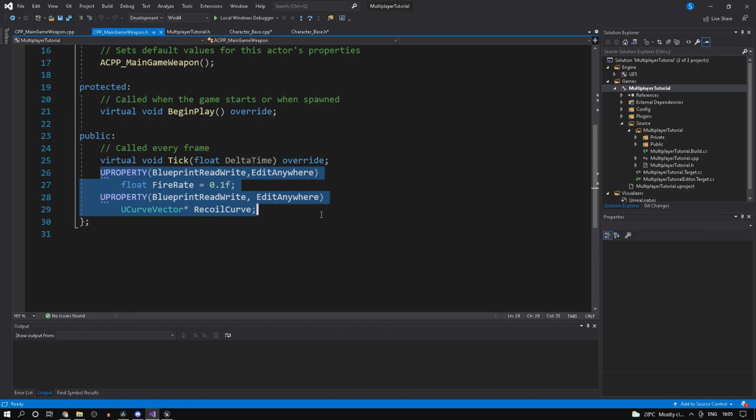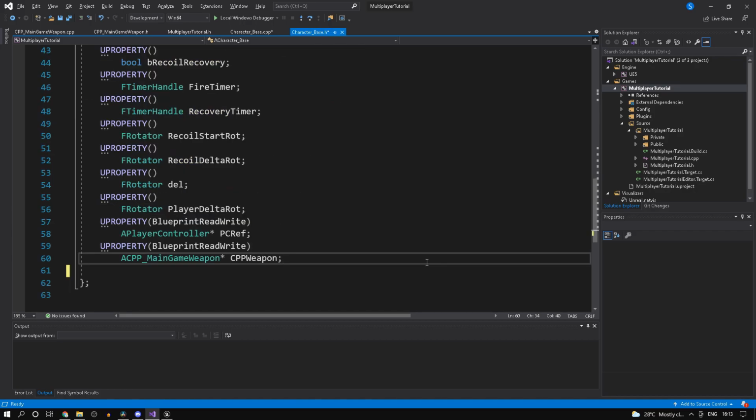So now guys, let's actually head into a few of the functions. I'll be showing you guys one or two of the functions today, and we'll continue that in the next part because I don't want to make it too lengthy. And again, questions on my Discord. So let's continue guys. Alright guys, back inside our character base.